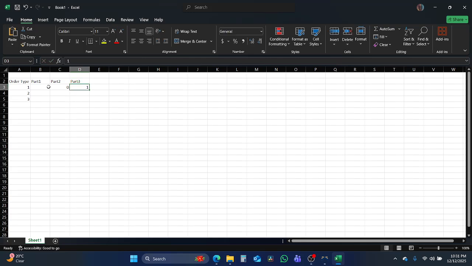Okay, so part three will also mean how many parts are needed. So if we specify three here, that means three parts are needed. Three parts are needed of the part one. So I would just like to revise here. So one here means that this is of the type 1. Okay. So in other words, for this order,